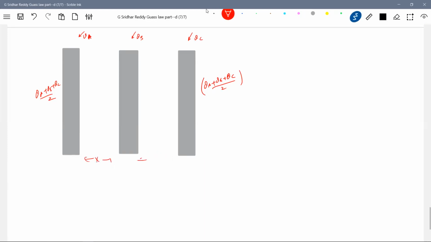I'll write it X and Y. Separation need not be equal. X greater than Y, X less than Y, X equal to Y, doesn't matter. Okay, this is the formula we have here. So first, the charge on these faces will be equal and of the same sign. Charge on these faces should be equal and opposite. Charge of a given plate should be conserved. Keeping this in mind, let me give directly one formula.